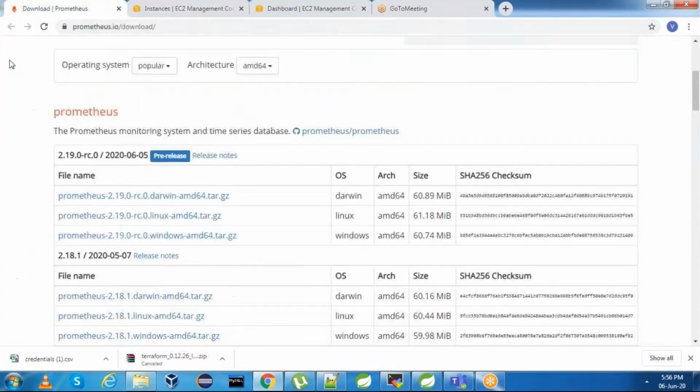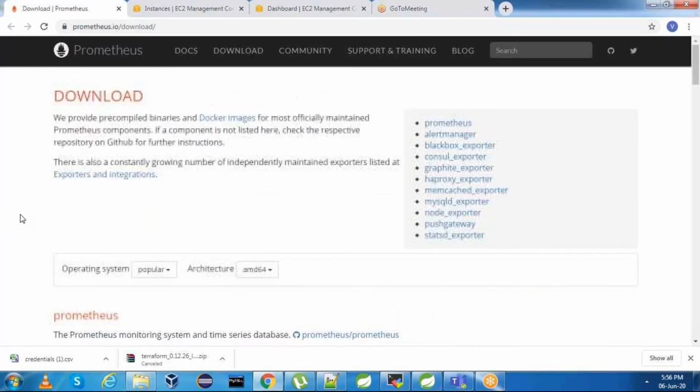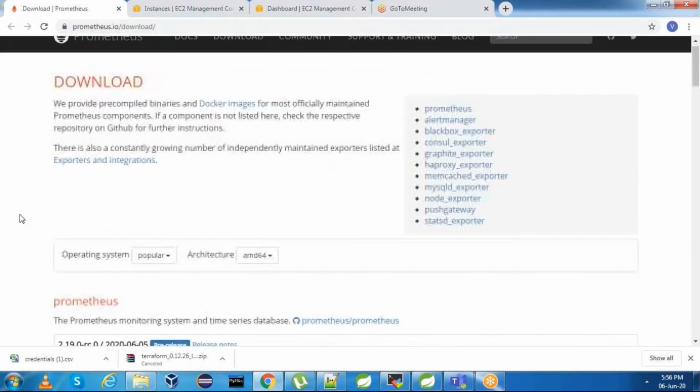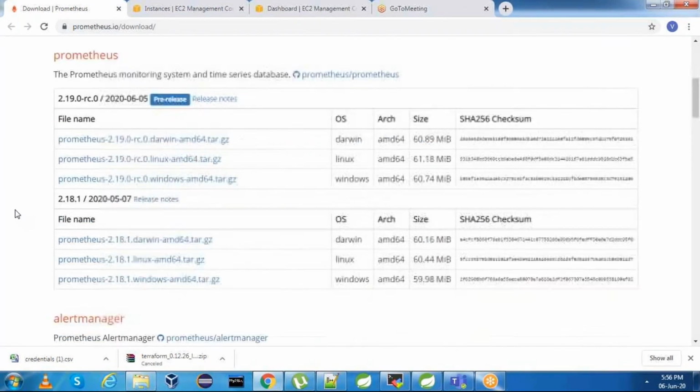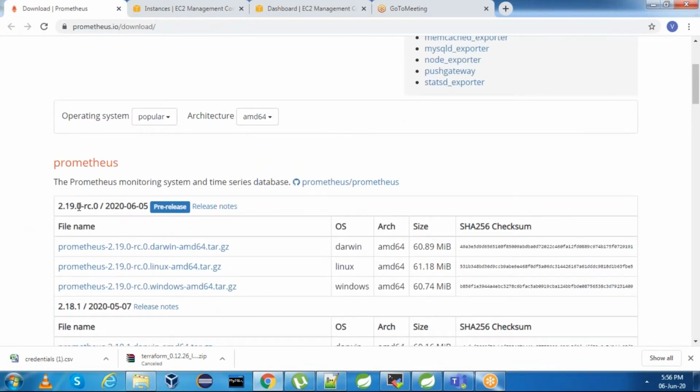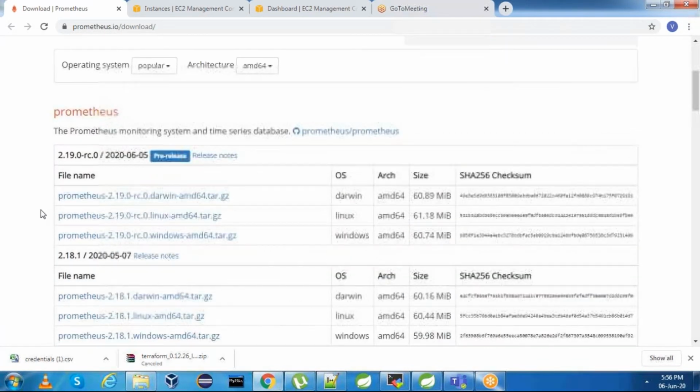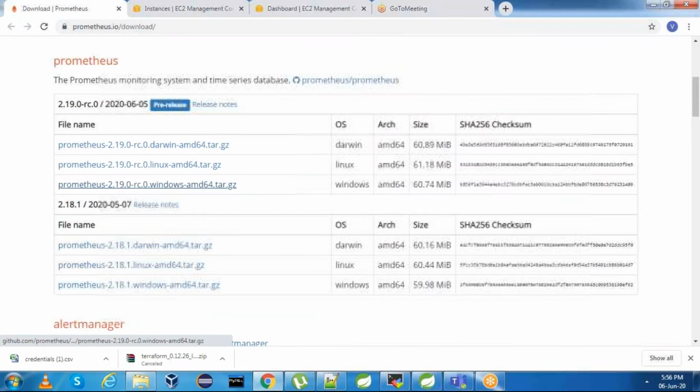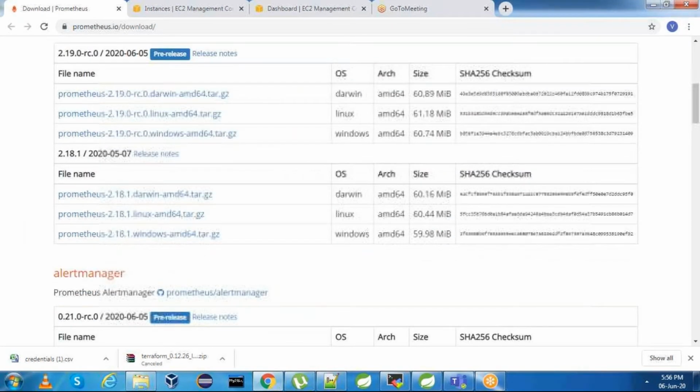We'll go to the Prometheus download page and the latest version is 2.19. Let me copy this version, or we can select this version as well, 2.18.1.